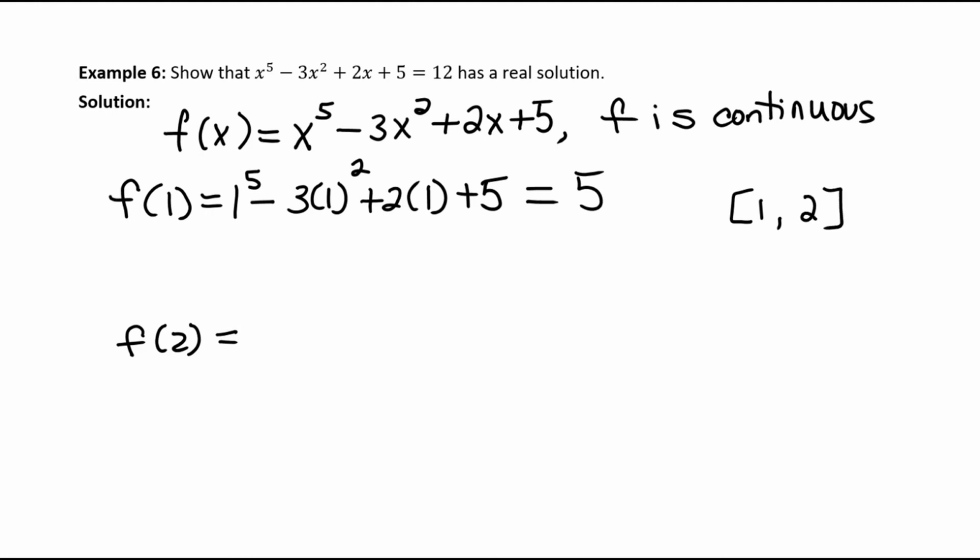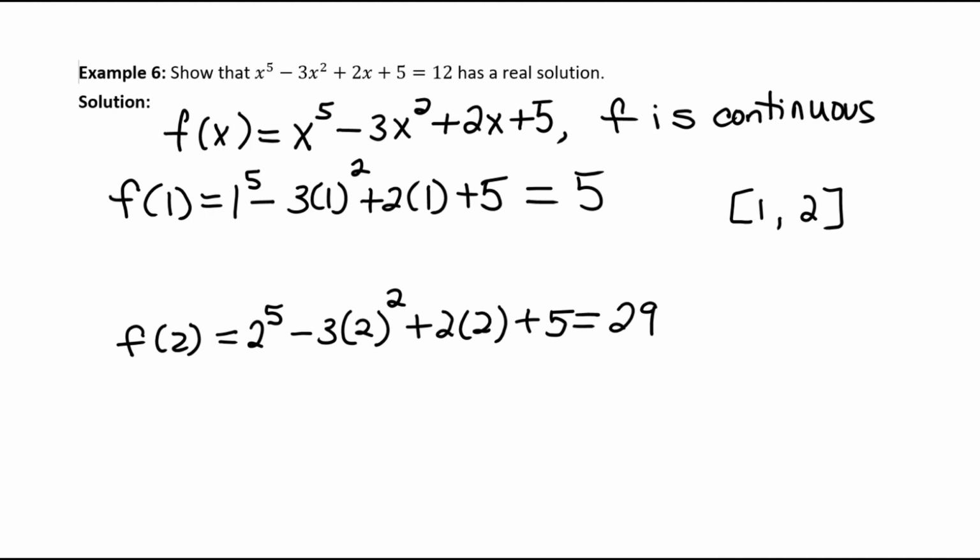We know that f is continuous on the closed interval from 1 to 2, but let's compute the function value. That would be 2 to the 5th minus 3 times 2 squared plus 2 times 2 plus 5, which is 29. The intermediate value theorem tells us that since 12 is between 5 and 29,